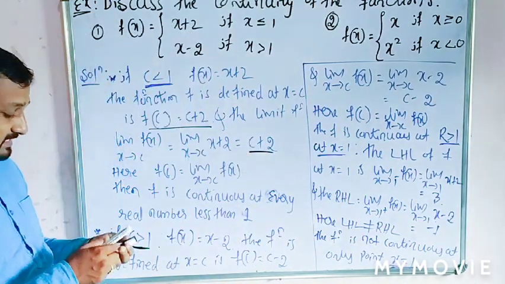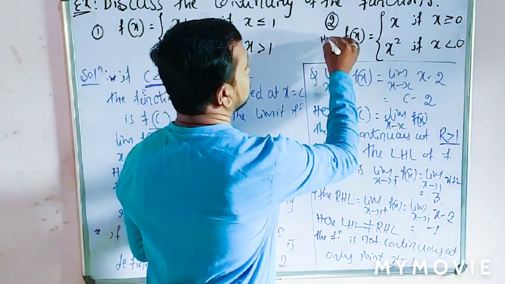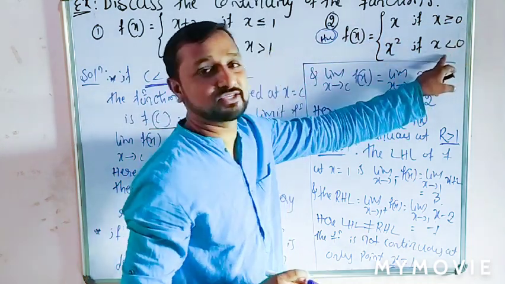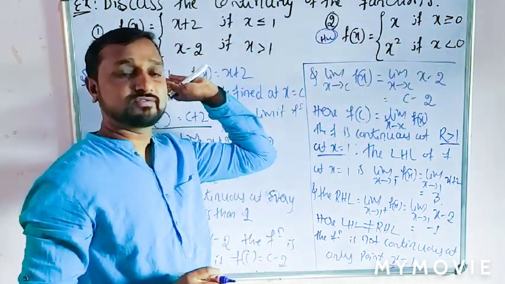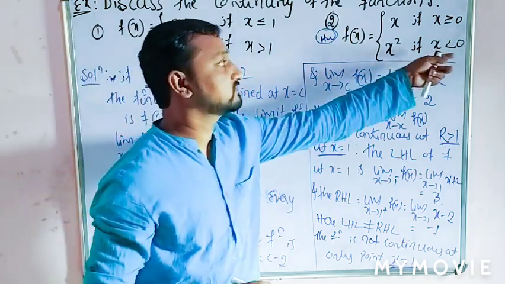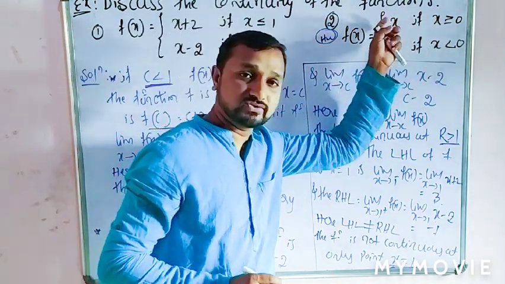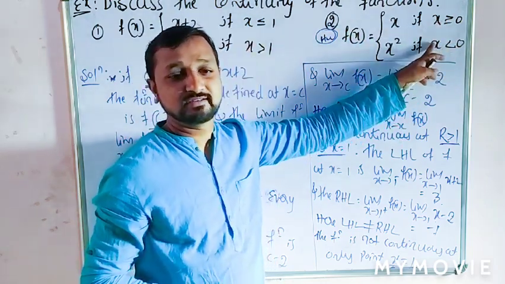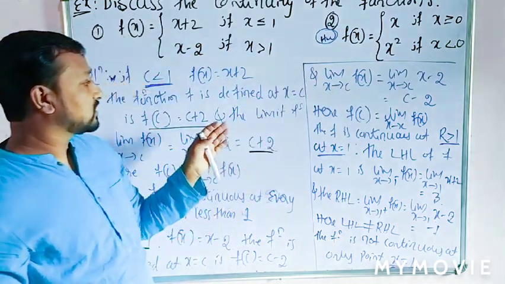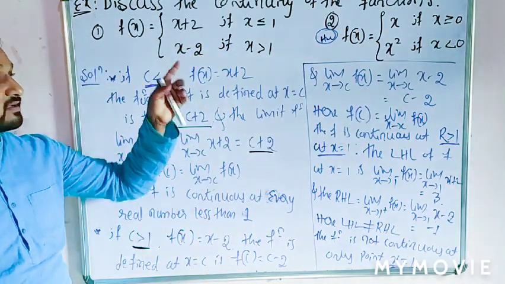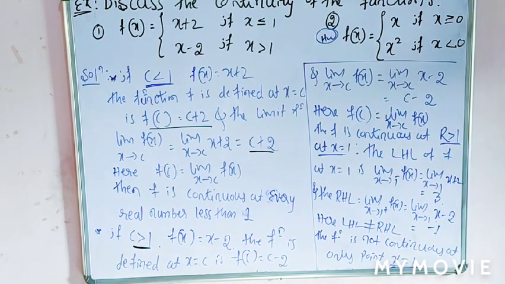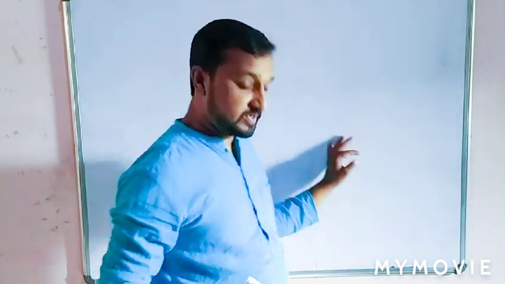So note this example, and this is homework for you. This is also the same kind of example. Here x is greater than or equal to 0, x is less than or equal to 0. Same, we can take the first case, c is less than 1 with this function, c is greater than 1 with this function, and at x equal to 0, check RHL and LHL. Is that clear? This is the way, students. So note this example and solve it yourself. Okay, students, this is the example. So keep it as it is.